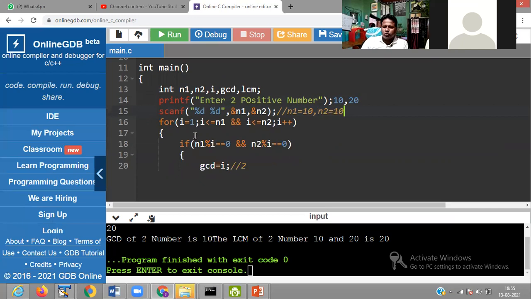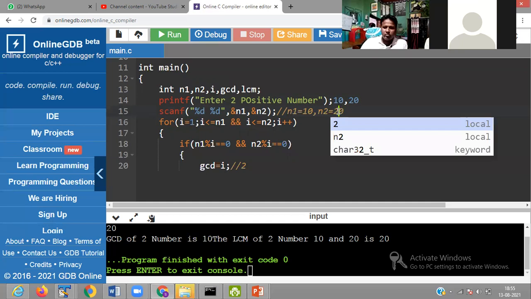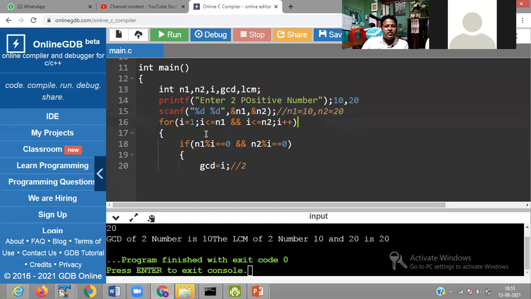i is equals to 1. 1 is less than 10. Condition is true. And 1 is less than or equals to N2. 1 is less than N1 and 1 is less than N2.